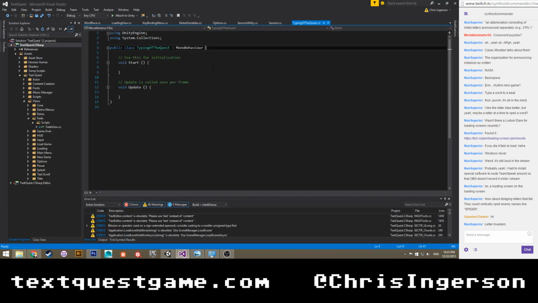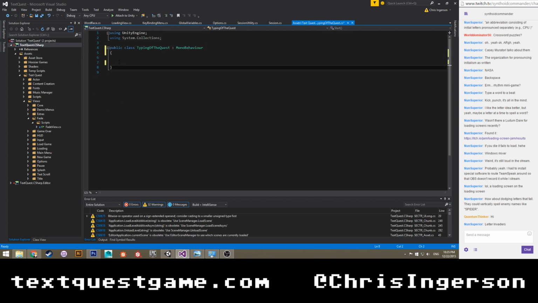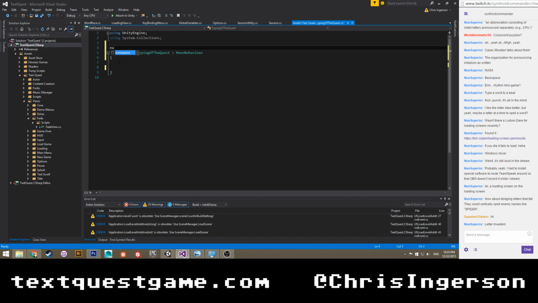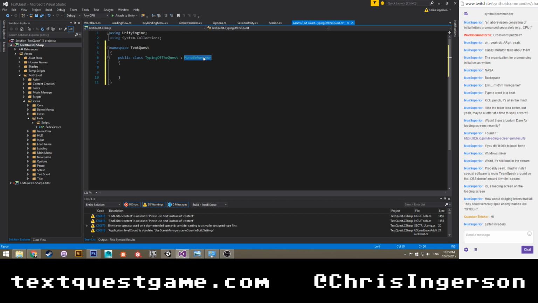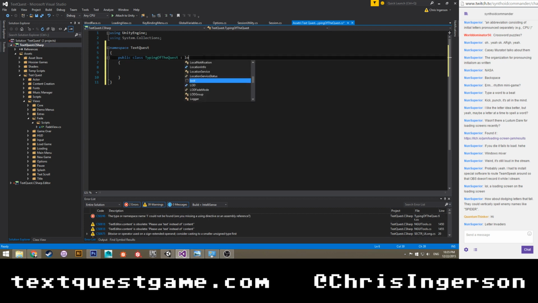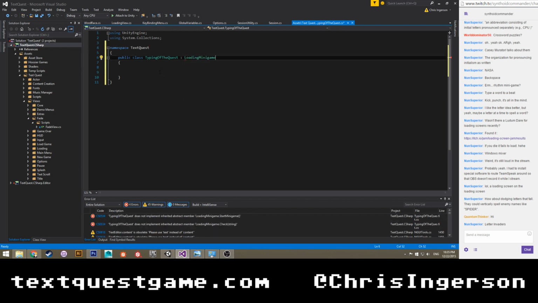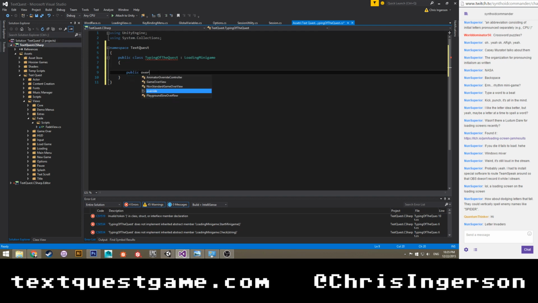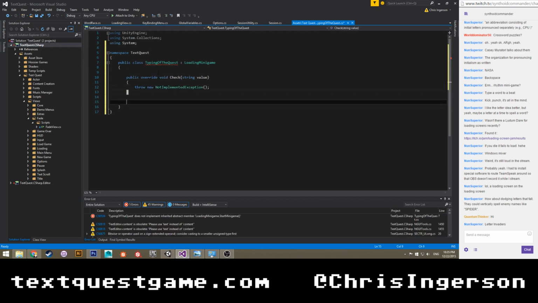Reload all. All right. So let's go ahead and go to namespace, TextQuest. Do this, and we'll call this LoadingMinigame. Public override check.